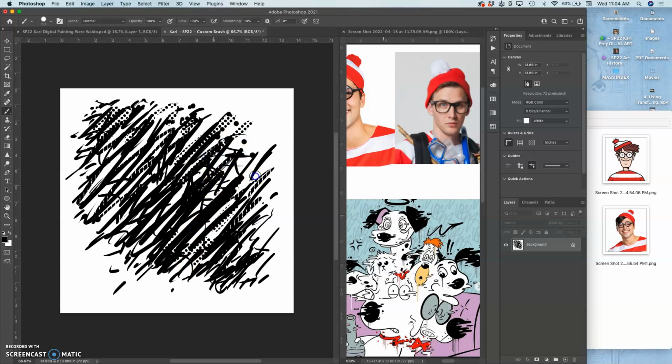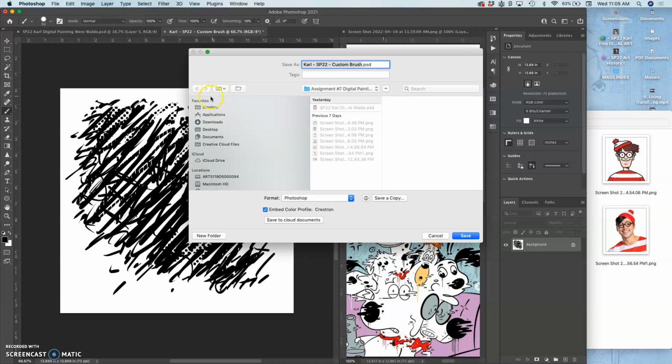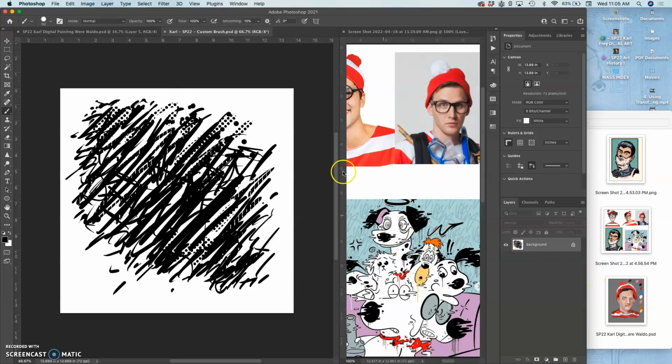I'll do some cross hatches, but I want to leave some texture in there. All right, so that's my brush. Gorgeous. Going to save that. That's Karl's custom brush. Save it into my assignment file, so I can always go back and modify a custom brush if I want. I can erase from it,